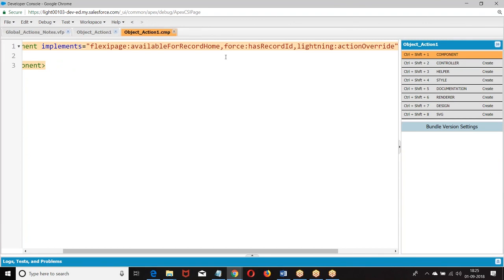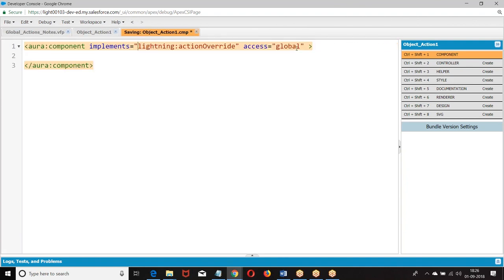Right? I hope you are good. So, if you want this component to be used to override a standard functionality, it has to go for Lightning action override. The remaining two things I require in case you use LDS. When you click on a button, some page will open. You want to display a particular record, save a record, delete a record, update a record. Then generally we go with LDS. If you want to use LDS, we require this. Otherwise, you don't require. As simple as that. Right?